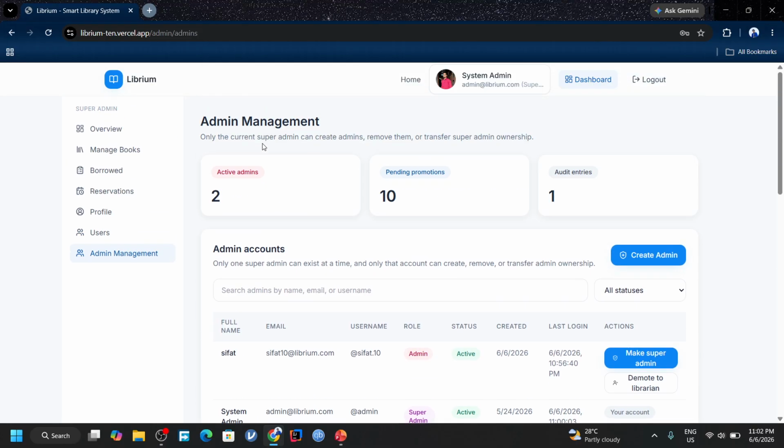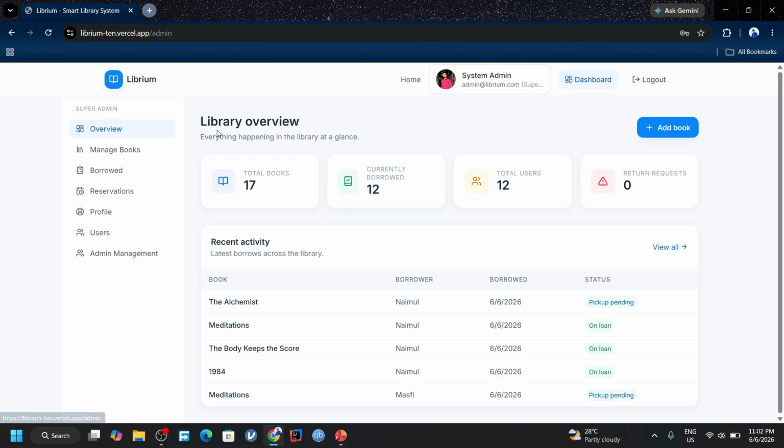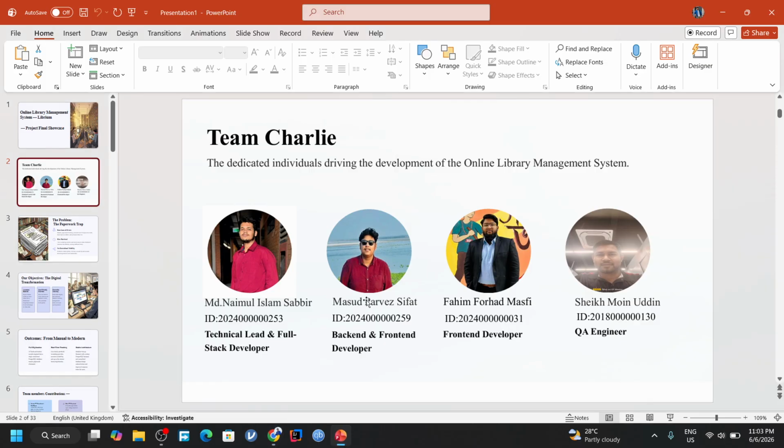So here is the full overview of the project as I have shown you. As the student, a student can borrow, reserve, return, and see his borrowing book systems. And I have shown you the librarian, what a librarian can do, and what a regular admin and the super admin can do. Okay, overall this is our project, and this project was done by Team Charlie, and